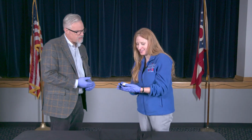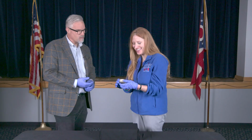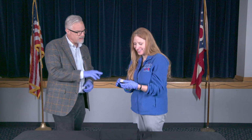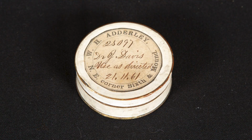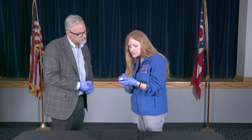What is on here? Yeah, so this is W.H. Adderley. This is in the typed print, northeast corner of 6th and Mound. We'll do some work and see what we can find about that. And then in the middle here, handwritten, it says 25097, Dr. J.J. Davis, uses directed